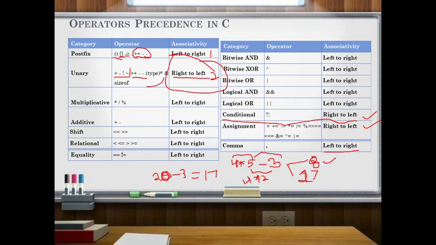Then which one is right? Whether 8 is right or 17 is right? In this case, you have to move towards the operator precedence. What operator precedence says is that there is no postfix or brackets, there is no unary operator, so next we have the multiplicative operator, which has to be performed first. And then we have the minus additive operator, which has to be performed afterwards. Then 17 is the right result, 17 is the correct result.